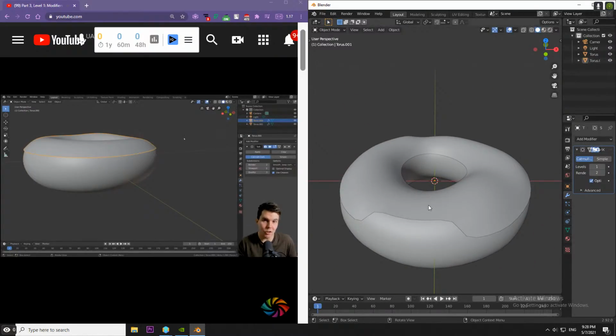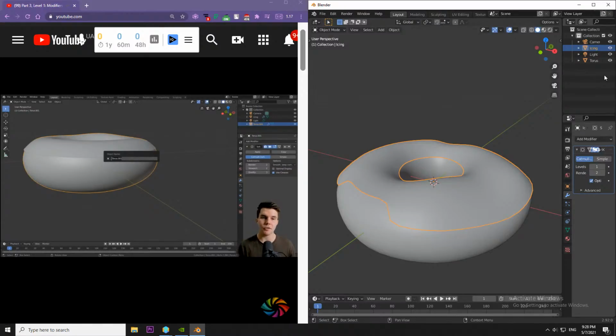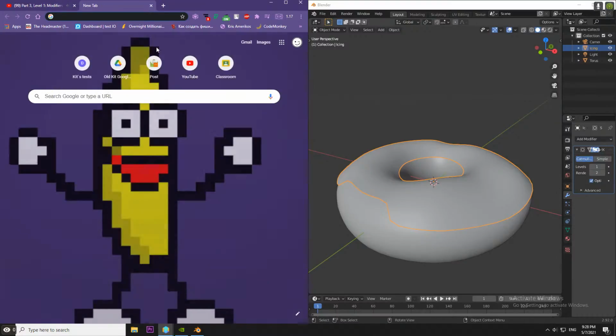So actually, this is a good point. We should probably give them names right now. I can double click this and I can call it icing. The other way, by the way, you can rename something is at any point right here. It's the same hotkey as you rename a file in Windows, which is F2. So at any point, where your mouse is somewhere, you just want to give something a quick name, F2 is how you can name it. So I'll just call that donut, and you can see it's now given the name up there in the outliner,